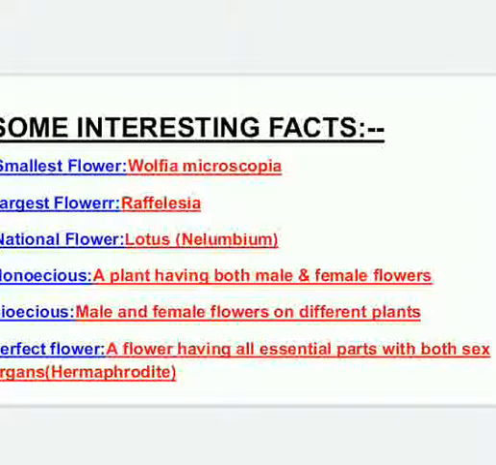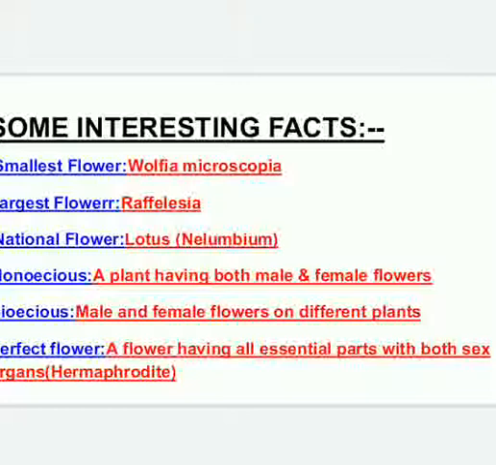Now there is a term monoecious. The term monoecious is given to a plant which has both male and female flowers on the same plant. That is, the flowers are not bisexual, they are unisexual, but the male and female flowers, they are both present on the same plant. On the other hand, if male and female flowers are present on different plants, then it is called the dioecious.